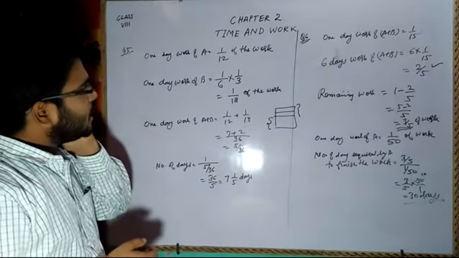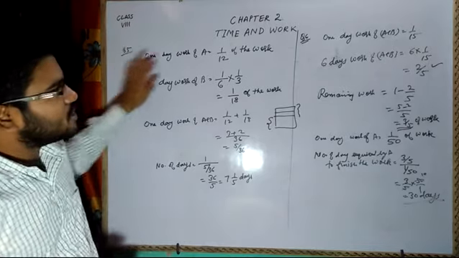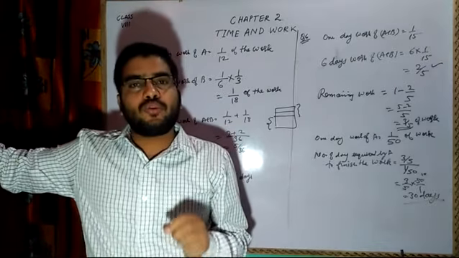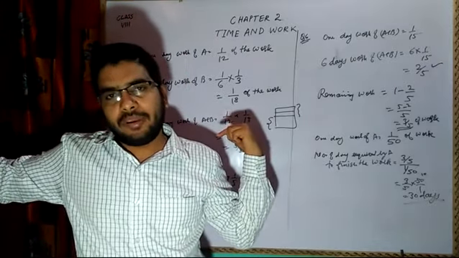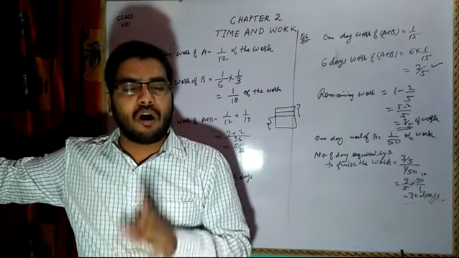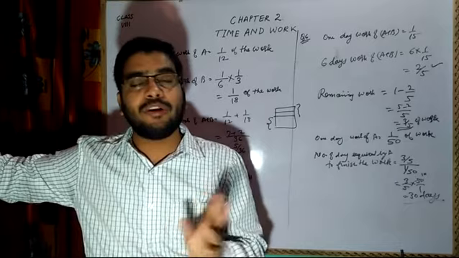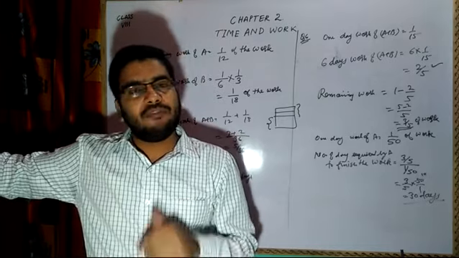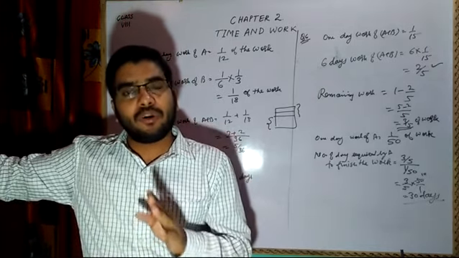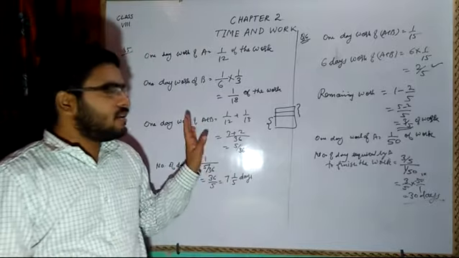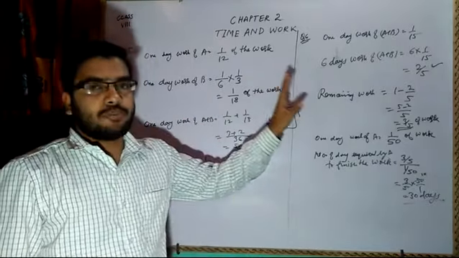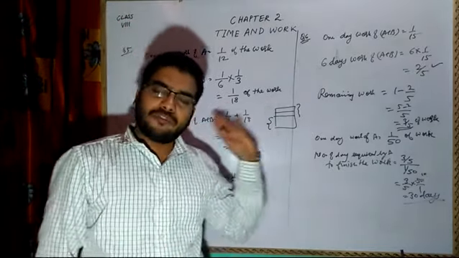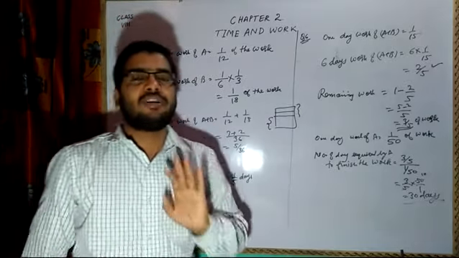Now what I am saying here is that up to question number 6, I have solved from 1 to 6, no doubt, no problem. Now your task is to copy this in your classwork copy, plus practice the other remaining sums of your homework from 6 to 15, 7 to 15. If you are not able to solve, definitely I will solve tomorrow and I will upload this video lecture. But before that, I give you a reminder that in the examination, don't expect that questions will come only from the exercise. The questions may also come from your examples, not only from this chapter, but from all the chapters whichever I have taught.